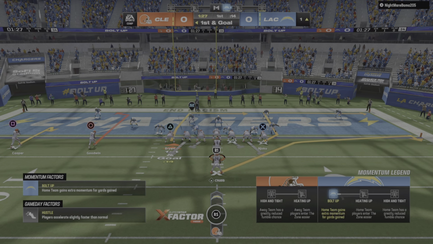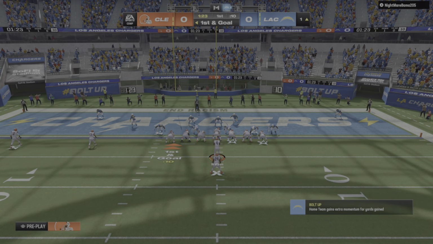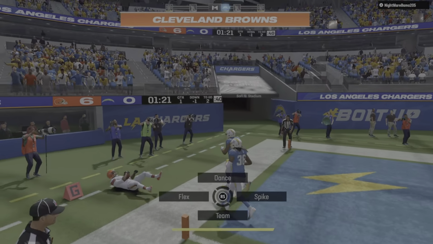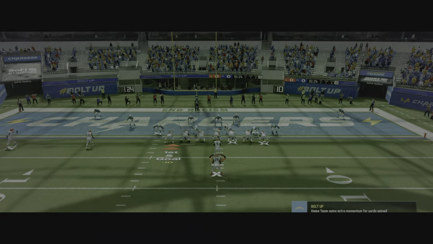So I set in the A slot a few times. I don't know what his logic was while he was sliding his cornerbacks over. Maybe he was trying to help out in the run game or something. But we took advantage of that. That's an out route right there. Over here in the 10-yard fight,